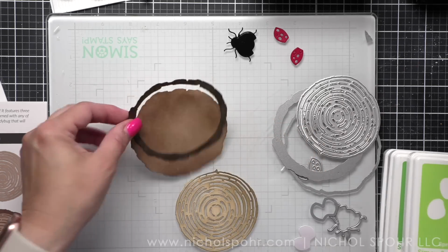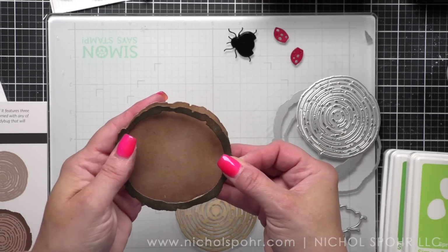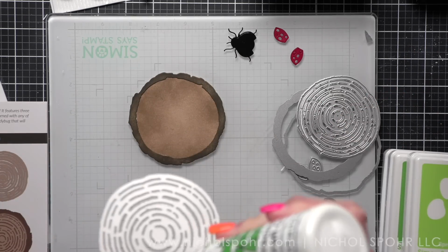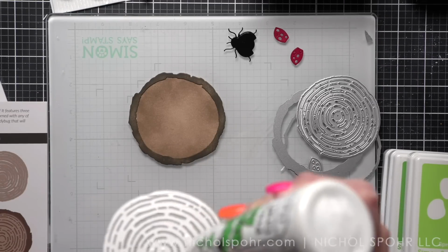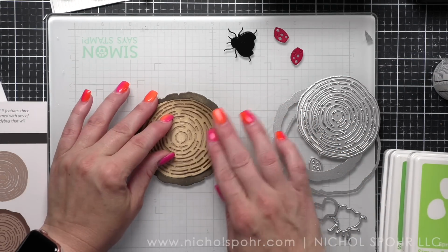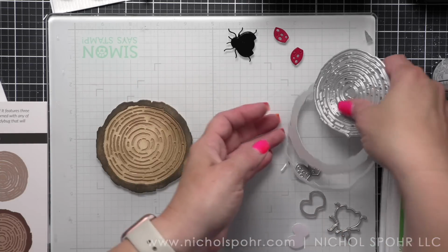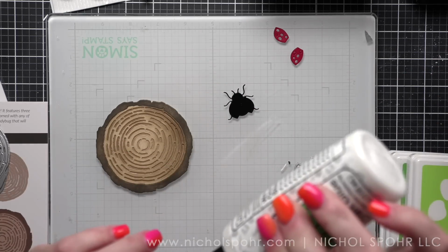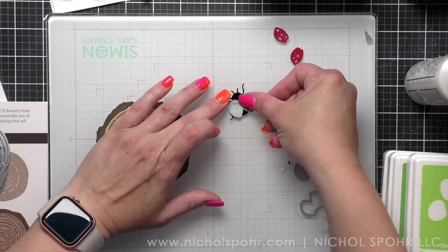Now you can see it pieces together super easy, so I'm going to go ahead and glue that all together, and then we'll glue our ladybug together. But the greenery today is coming from Rainforest Leaves Wreath Builder. That's what we just grabbed our greeting from for the first card, and we're actually going to grab that same greeting. I really like it. I like the text, I like the sentiment, I like the size. It's fantastic. And I think it works for a lot of occasions. We're going to grab that greeting from there as well, but we're going to grab the layering leaves from this, and then we're also going to use the Delicate Palms hot foil set and dies